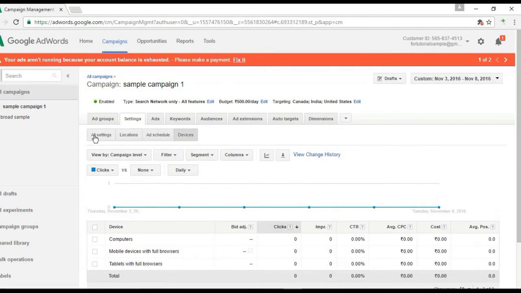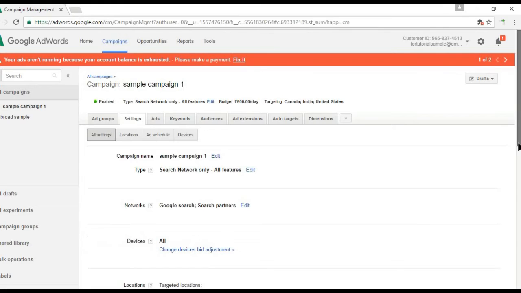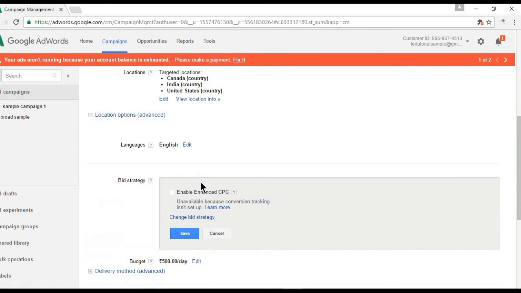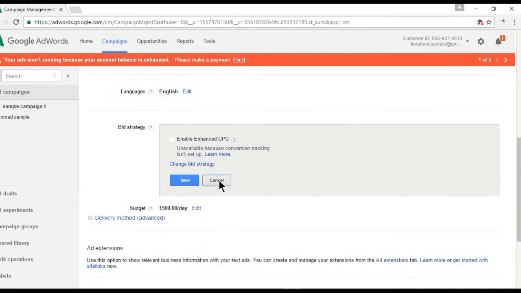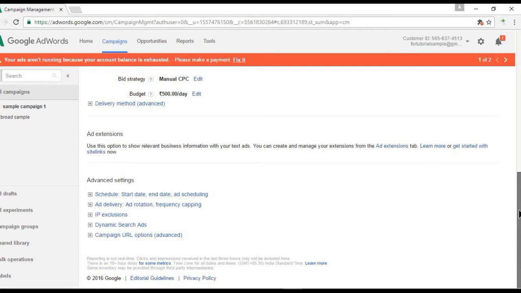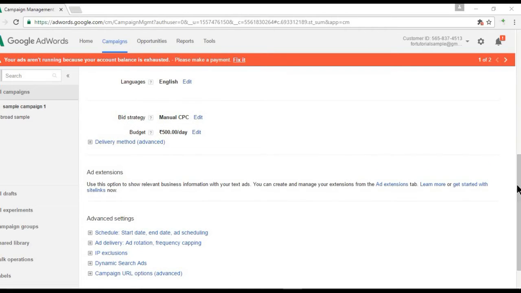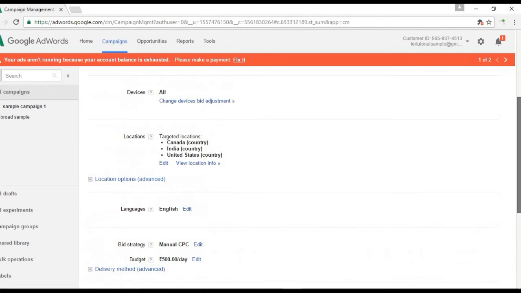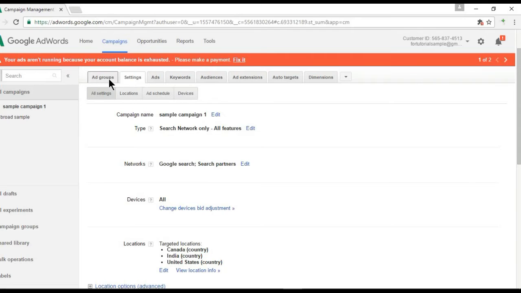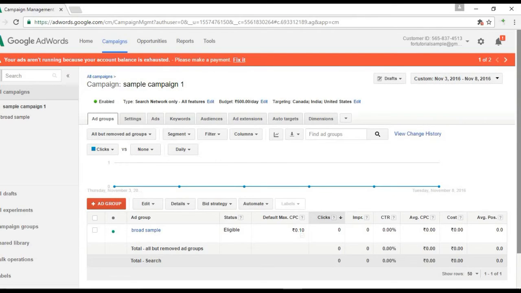Let's see, in all settings we have used bid strategy manual. Just wait guys, let me see the ad group. It's the ad group. Okay, so our default CPC was 0.10, or let's say